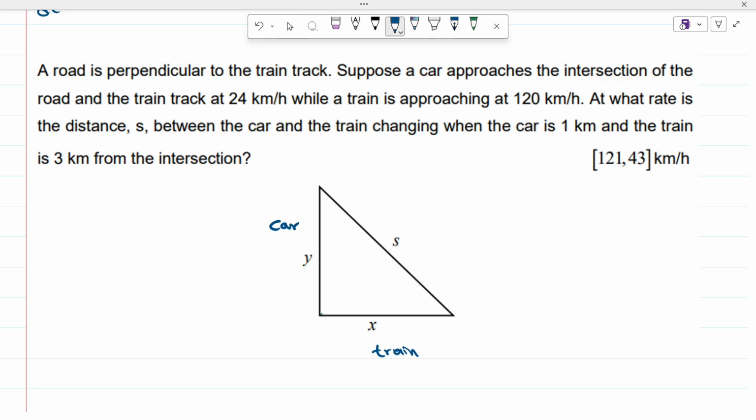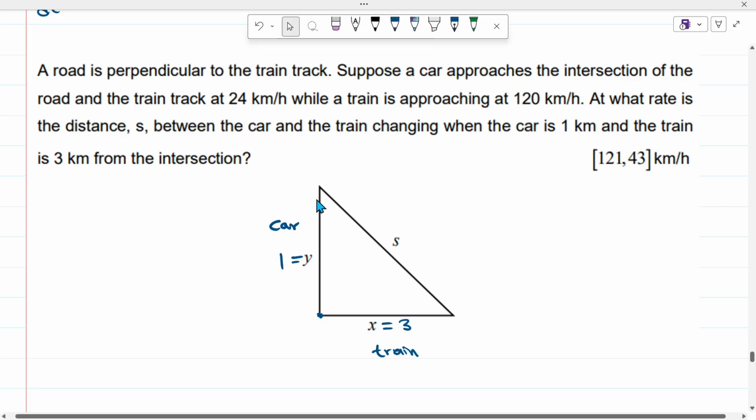So the intersection is this one. They're saying that the car is 1 kilometer away from the intersection, so that means y equals 1 and x equals 3. And then this is the distance. So s is the distance between the car and the train. This is the car. The s is the distance between the car and the train. So yeah, that's what the question is